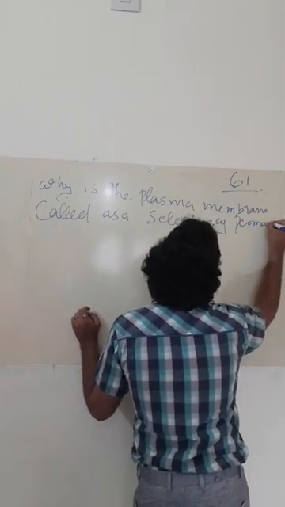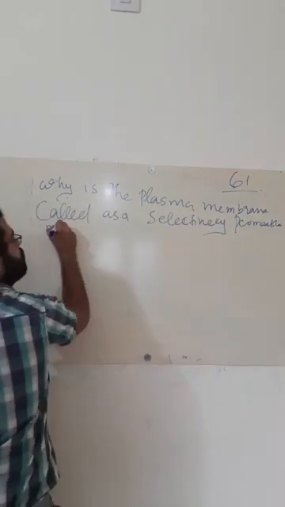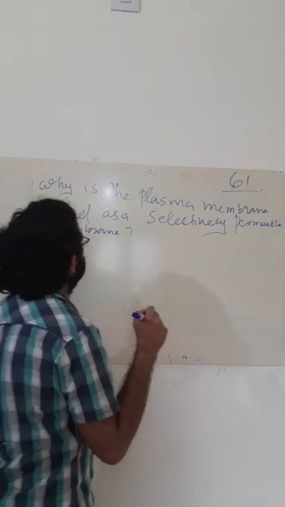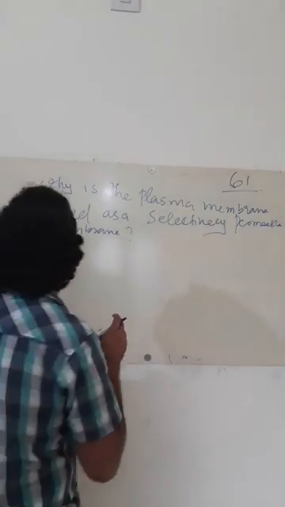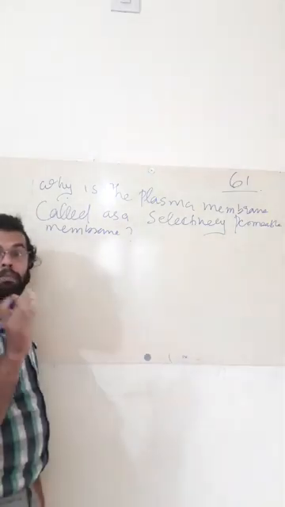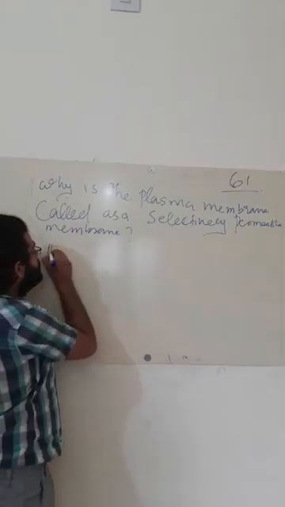Okay, so I think you get the question. Why is the plasma membrane called a selectively permeable membrane? The plasma membrane is called a selectively permeable membrane as it permits